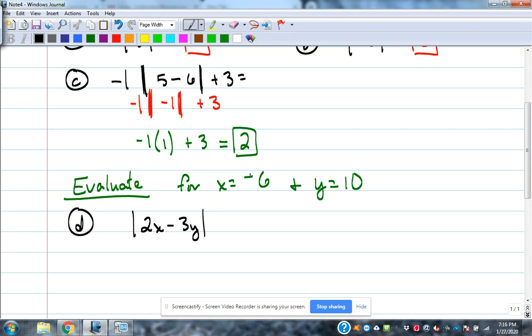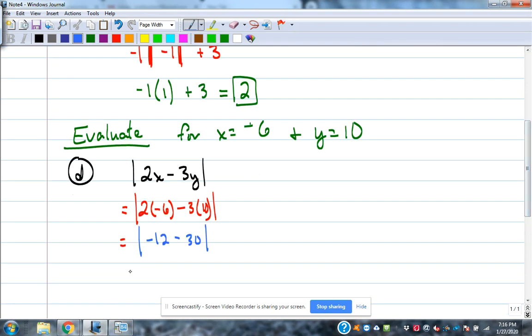Working that out, plugging in those values, and then finding the absolute value of that result. So the absolute value of -12 minus 30, which is -42. And the absolute value of -42 is +42,